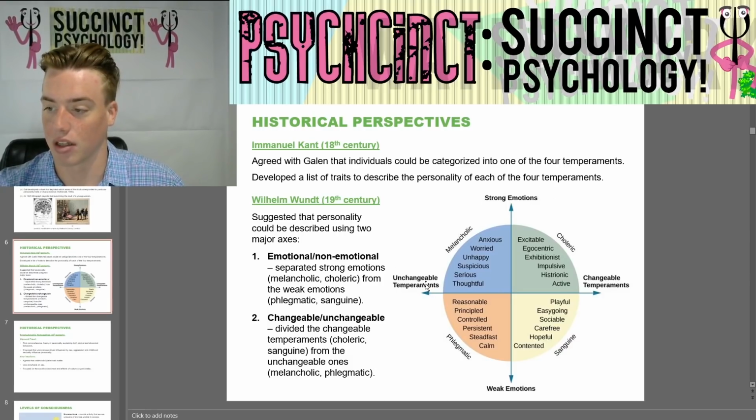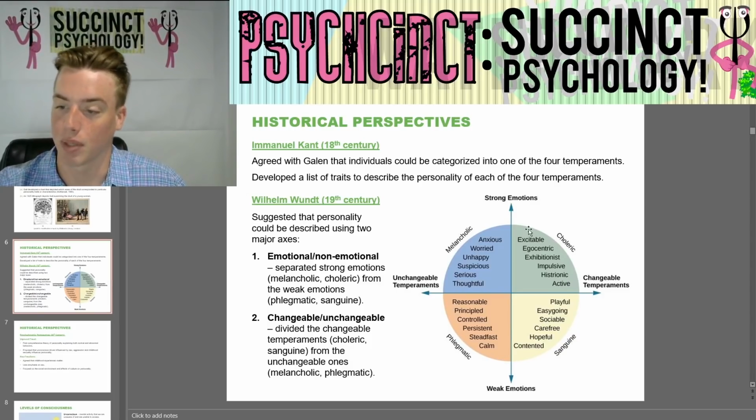So here we have unchangeable temperaments, changeable temperaments, and strong emotions, weak emotions. So again, here the strong, you have melancholic and choleric, and the weak, you have phlegmatic and sanguine. Meanwhile, the changeable temperaments are choleric and sanguine, and unchangeable are melancholic and phlegmatic. And you can read here the different personality traits that make up each one of these areas,